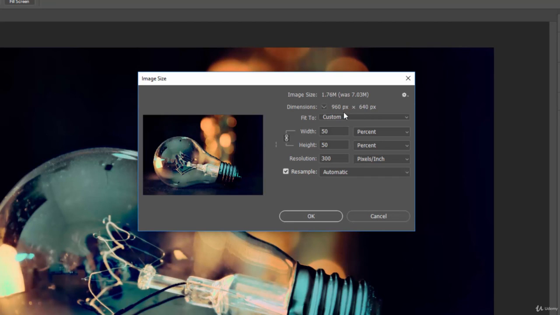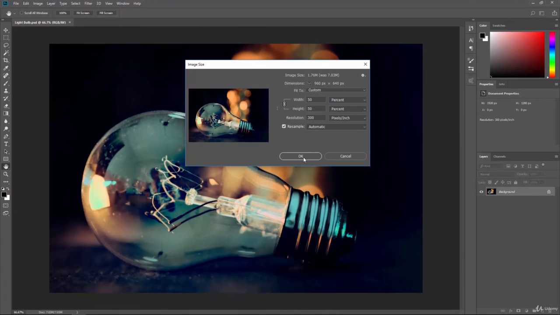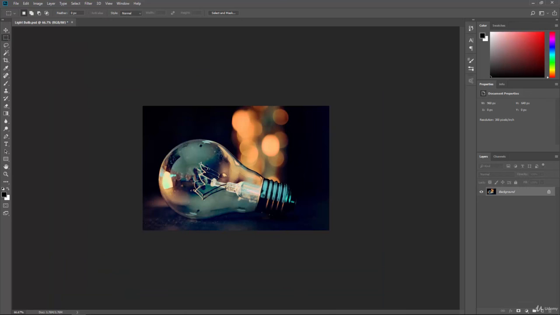But you also need to keep in mind that if you were to reduce this to 50%, but then displayed it on something that's 1920 by 1280, it's going to have to stretch that image, and we're going to see more of the pixels. So you need to be careful with your image sizes and how you're using them. But if you need to change the image size at all, you can do it right here with this dialog box. And then whenever we are ready with the settings, we can just click the OK button, and it will